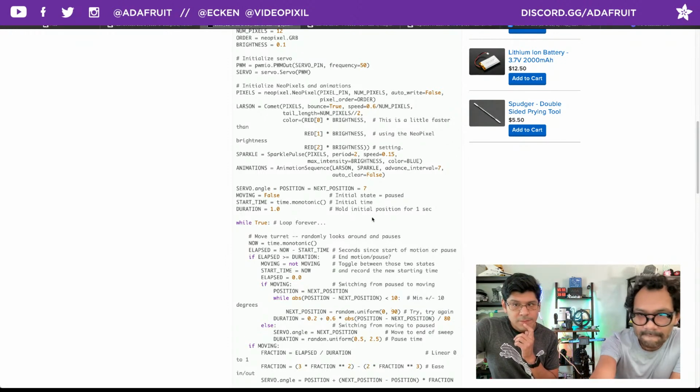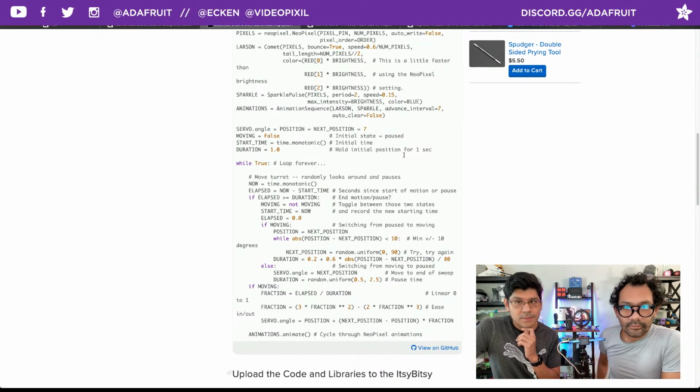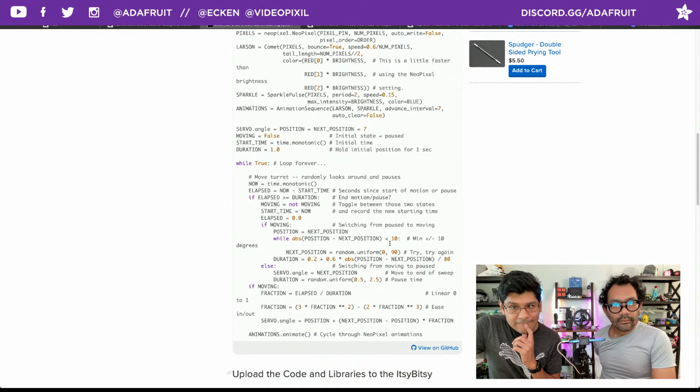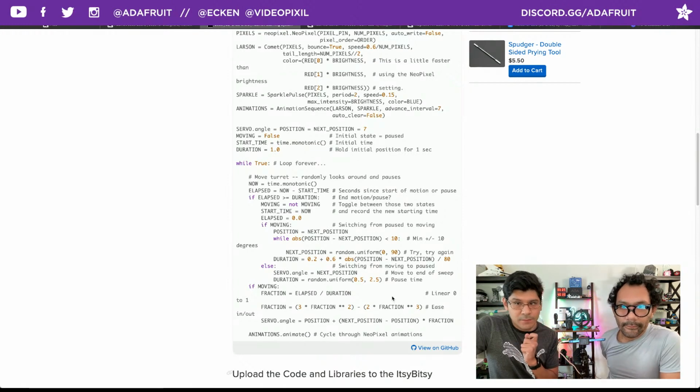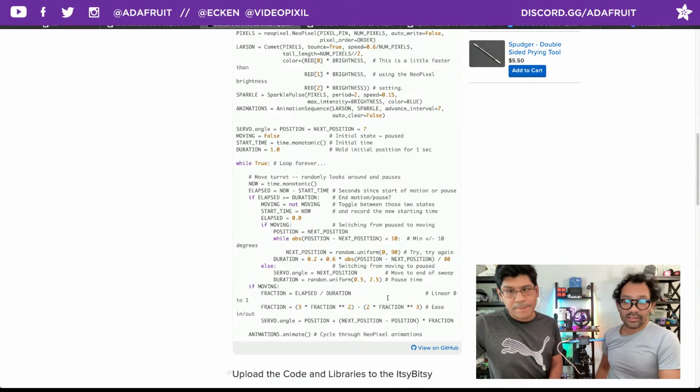Looks like a lot of the settings are comments. You can check those out and see if you want to change the hold ignition position for a second, it does that. So you can change that if you don't want any hold. I haven't played with this myself too much, but pretty much the start and the end position. Yeah, I was just able to...